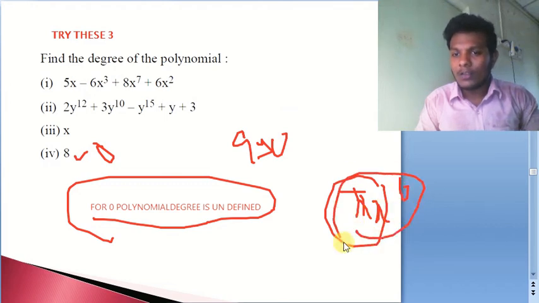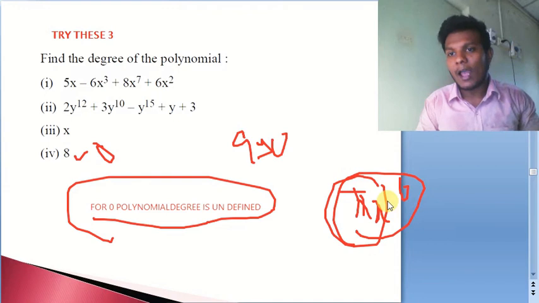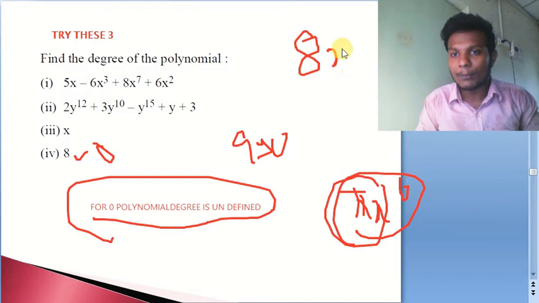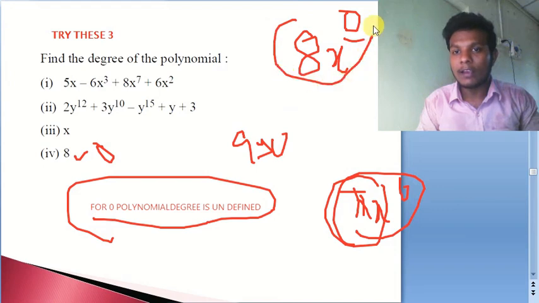We have seen that an algebraic expression is a combination of variables and numbers followed by some mathematical operations. We can always assume a constant as an algebraic expression also. So whenever a constant is given to you, it is going to be a polynomial also. Why? Because for that particular constant, we can assume power 0. 0 is a whole number, so it is going to be a polynomial.